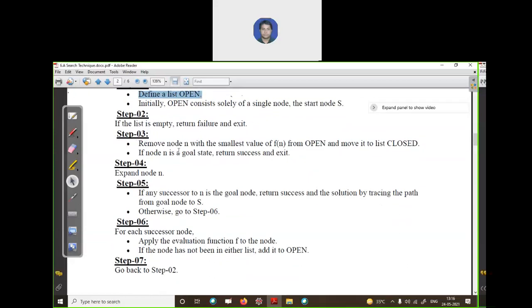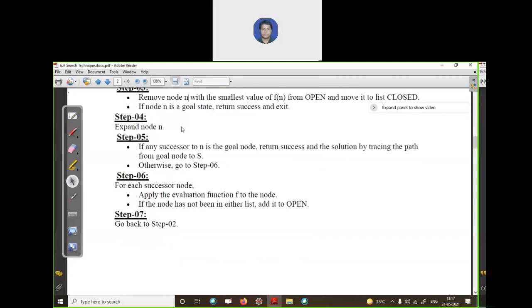In the next step, remove node n, which is called the current node. Remove the node with the smallest value of fn from open and move it into the closed list. If node n is the goal node, return success or exit. Expand node n.